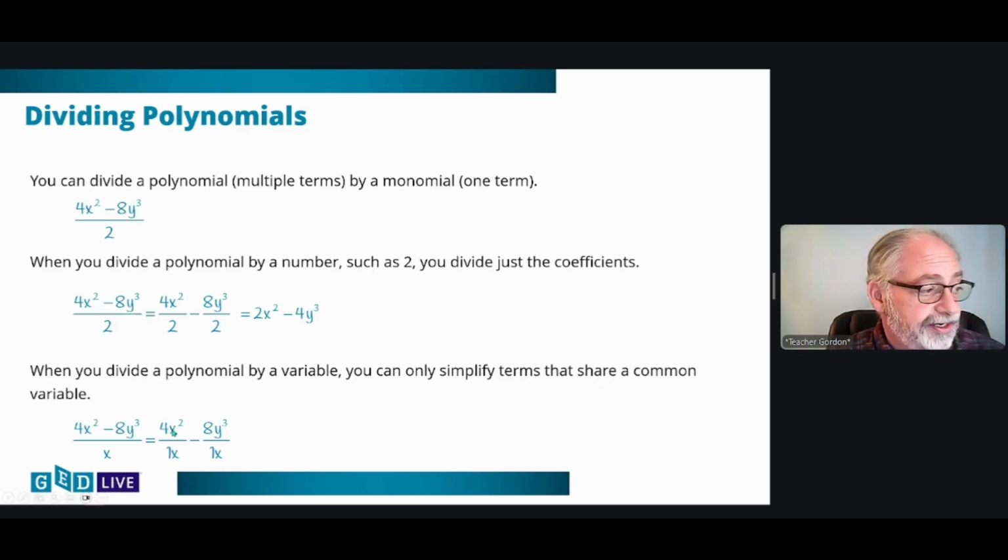So in other words, here we can think of this as x times x. I'll actually write that here, re-express it as x times x. So on top here we have 4 times the quantity x times x. That's what x squared means. And underneath, I'm dividing by 1x. We normally wouldn't put a 1 in front of that. That's just to show us that there's only 1x. That's what this means. So if I divide x times x by x,